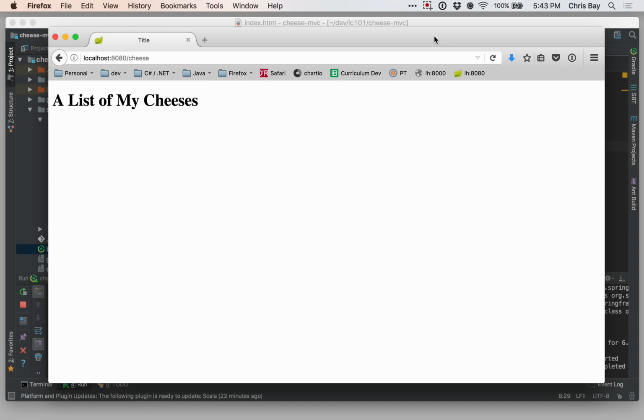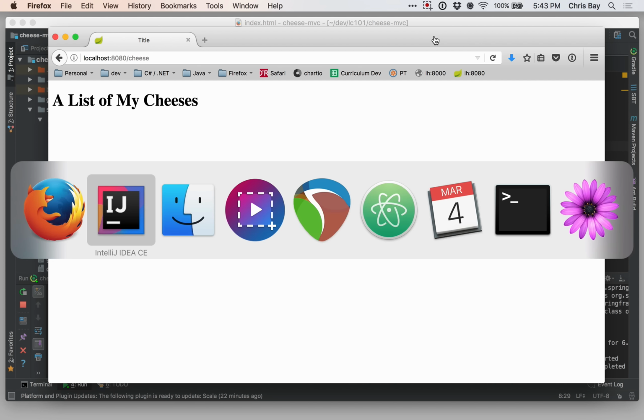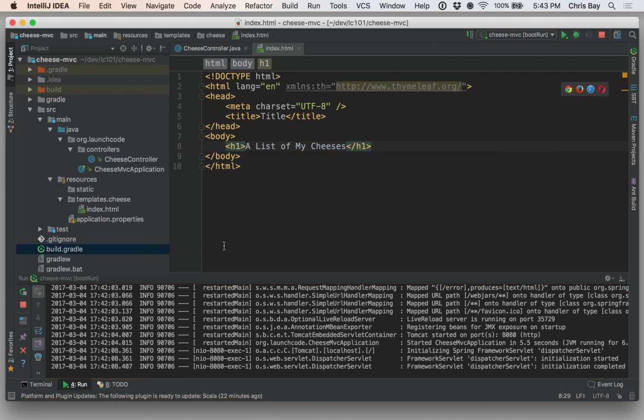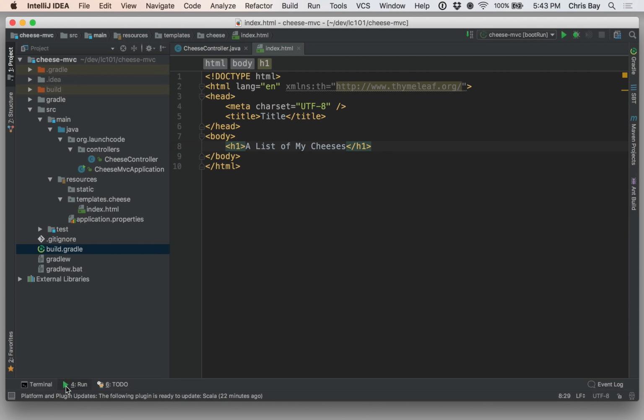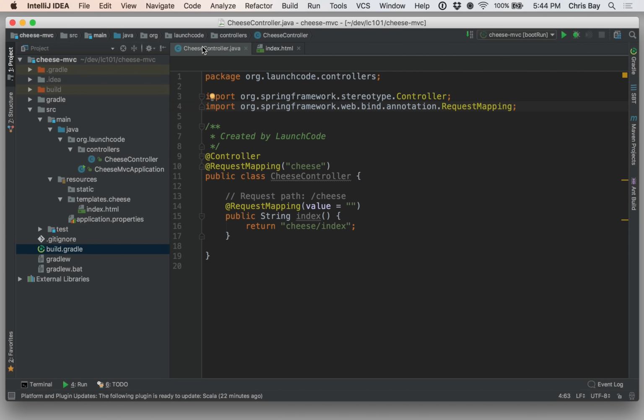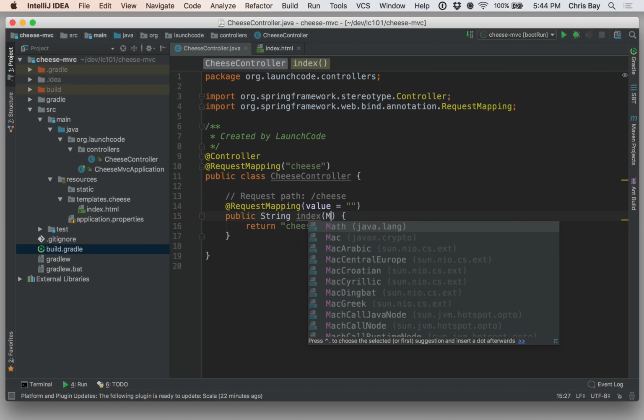of Thymeleaf templates and views is to actually pass data into the view from the controller. So let's go back to IntelliJ, and we're going to change the controller here. So go ahead and stop your server and bounce back over to your controller. And what I want to do here is modify this index method to just display a title message in the template. Okay, so let's go ahead and make a couple of changes to do that. The first thing I need to do is add a new parameter to this index method. So let me add the parameter